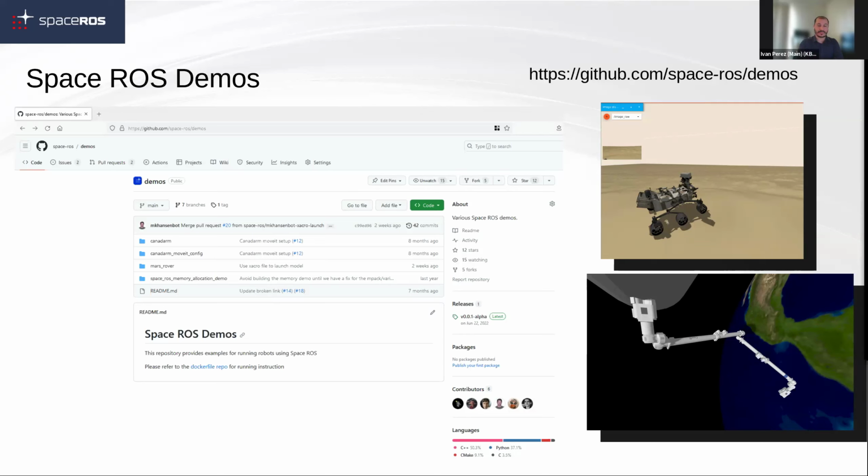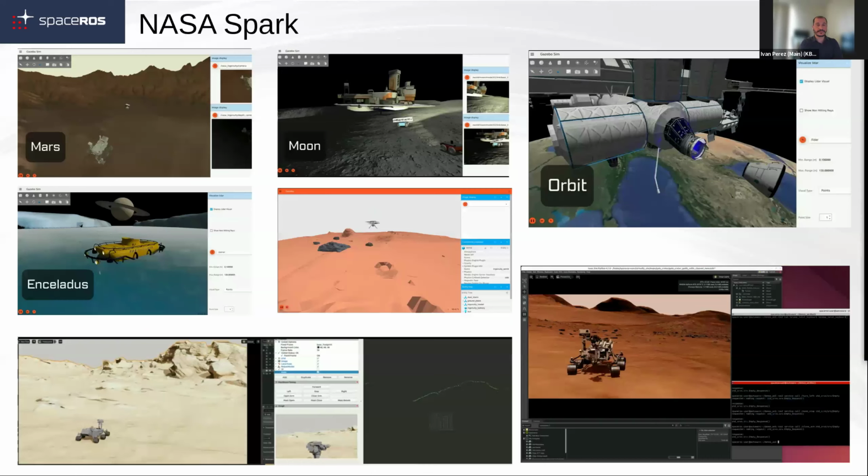And everything's built on top of Docker, so all the dependencies that you have to install are downloaded for you. We've made a big effort to make the path towards having a full simulation and a full system running relatively painless. And I was going to say, one of the things that happened recently is that we had